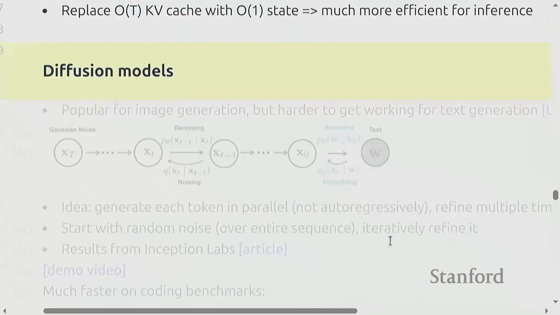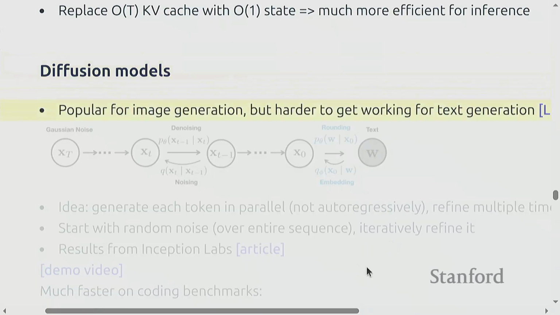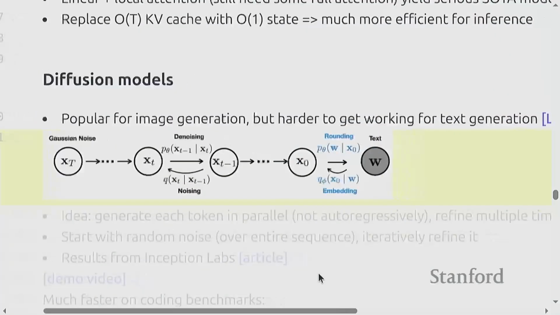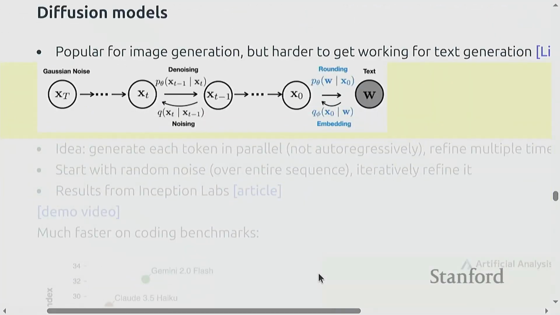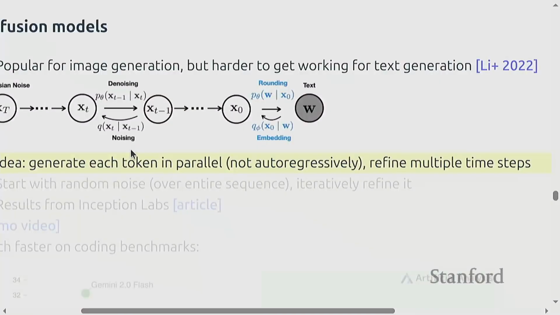the state space models. So now let's talk about a completely different style of generation models, diffusion models. Diffusion models have been very popular in image generation, but they turn out to be fairly tricky to get working in text, although there recently have been some advances here. The idea of diffusion is that instead of generating autoregressively, you just generate every token in parallel. Obviously, if you only do that via some simple layer, it's not going to be very good. You can't generate all the words in parallel and expect it to be coherent. But what you do is you iterate and you keep on refining this generation until it gets to